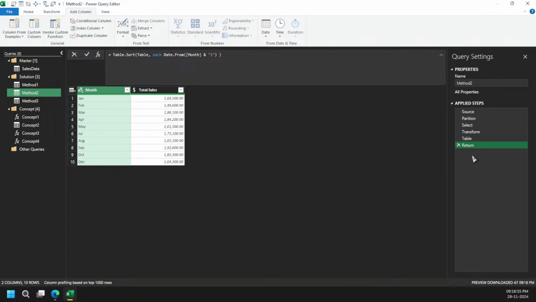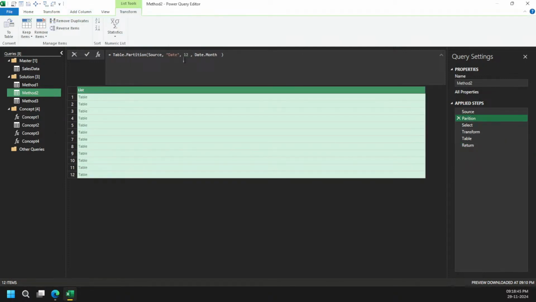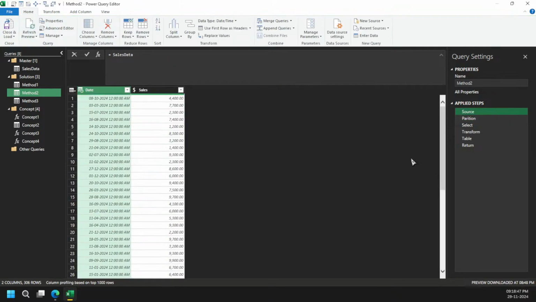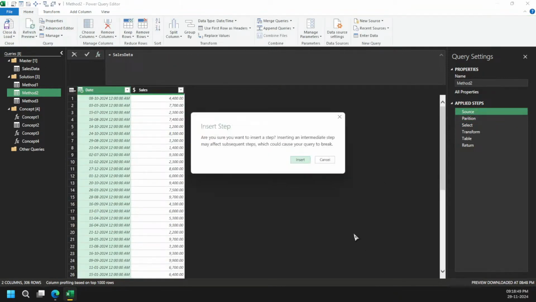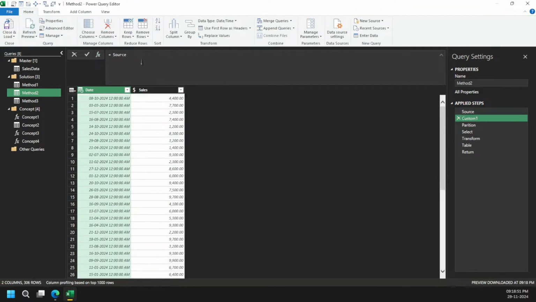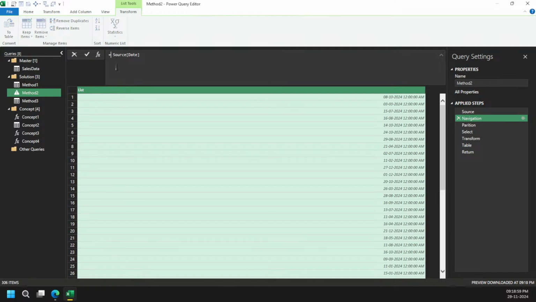So this is one of the ways you can use the Table.Partition function. Again, I will say the limitation of that function is that we need to provide the hard coded values here. Otherwise I will show you one trick of what you can do, but I will say it's not much useful in a way. So you can see here the source part, and then the date part, and then I need to figure it out this way.